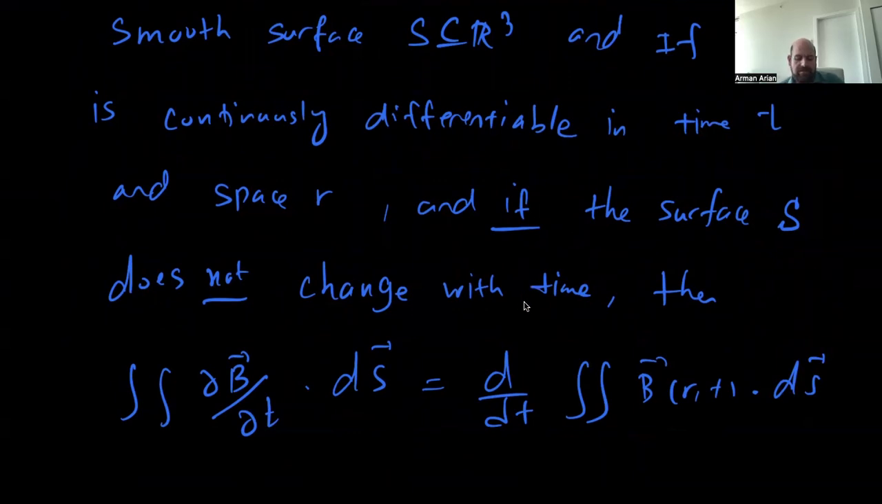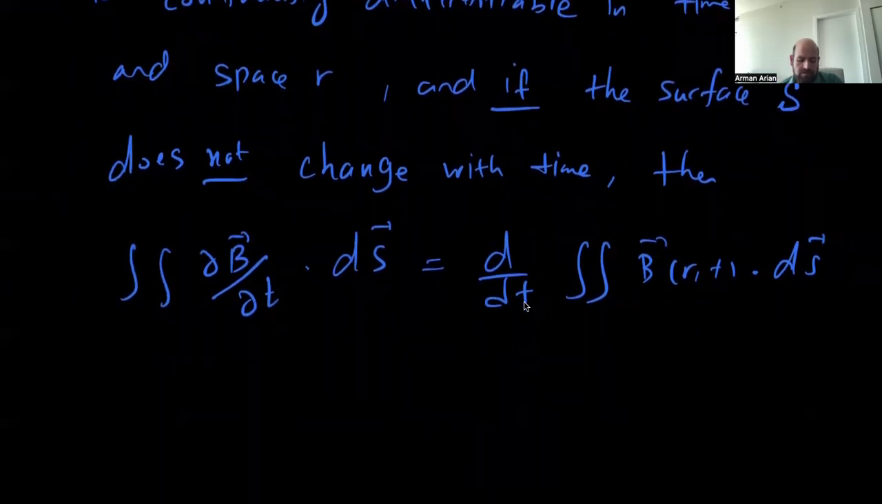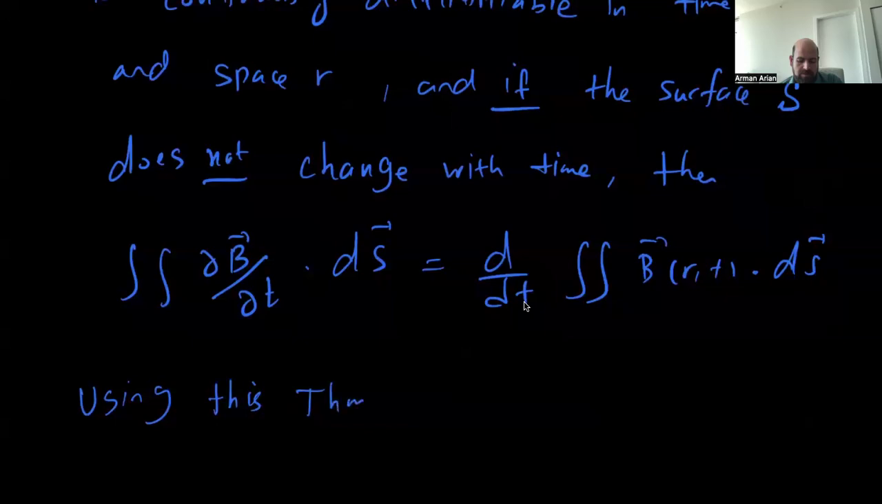That's why it's called differentiation under the integral sign. On the left-hand side, differentiation occurs under the integral sign, but this theorem allows us to take the differentiation outside, as long as the surface S does not change with time, and we have the proper assumption on the differentiability of B, which has to be continuously differentiable in the variables r and t. So using this theorem, the above reduces to